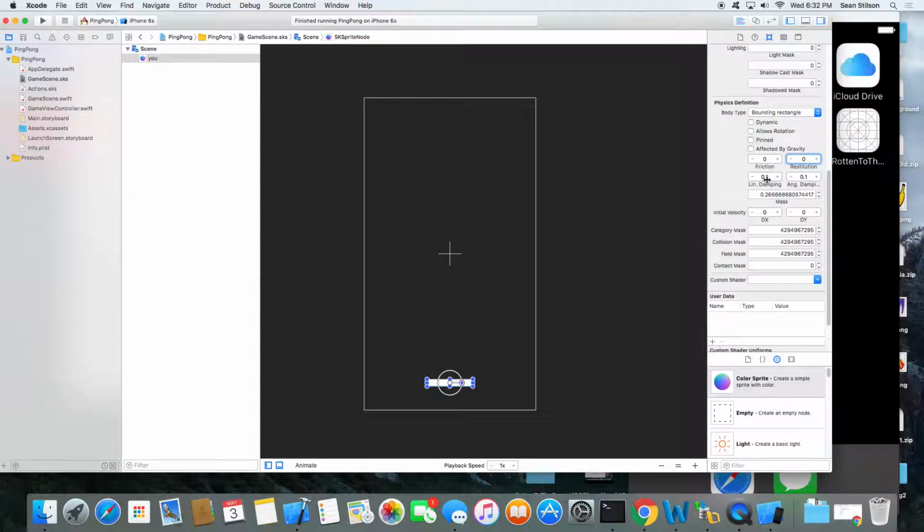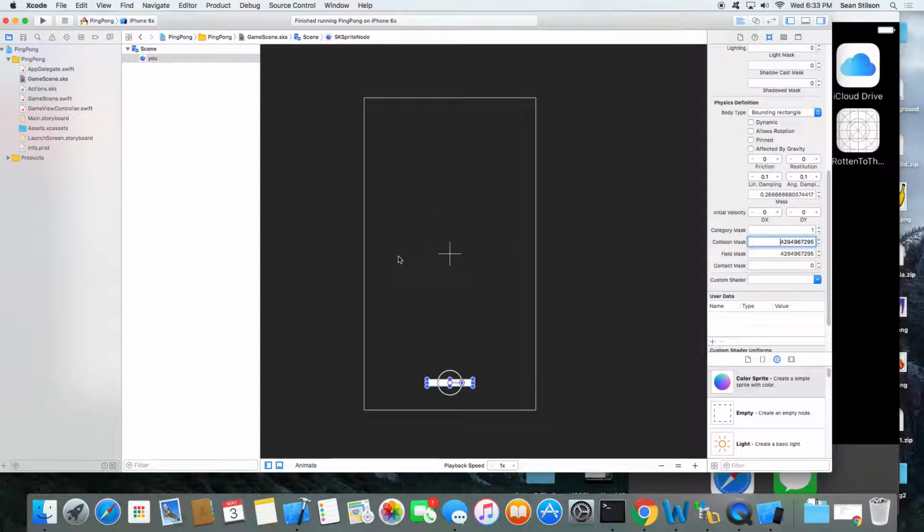So we'll try what they have here. What that refers to is, as you move it around on the screen, it will have a slowing, a deceleration kind of effect to it. Initial velocity we're going to set in code, so we'll leave that alone. Category mask refers to what category of object it is. We'll set this to 1. That's kind of like an identifier that is internal to the game, so the game knows that this guy has a category mask of 1. It deals with the interaction of the objects.